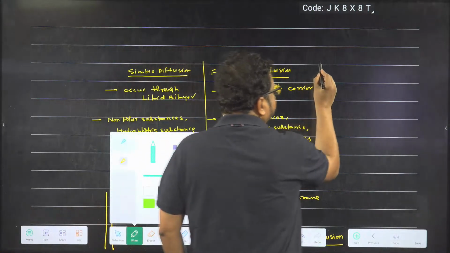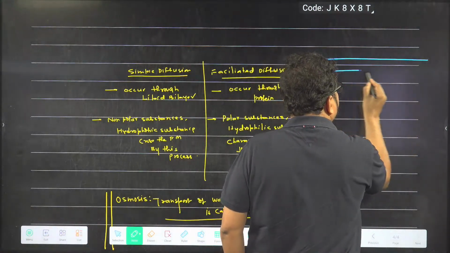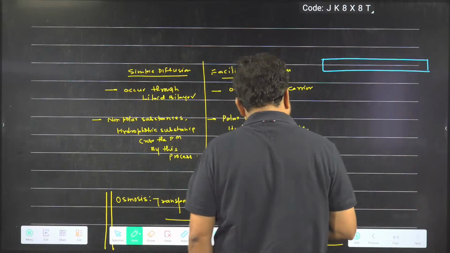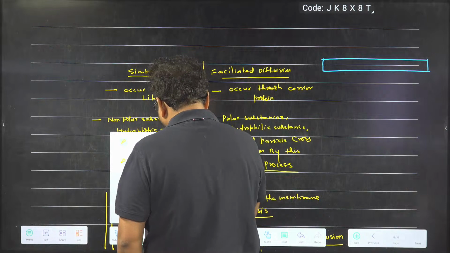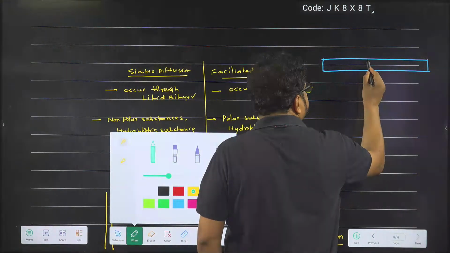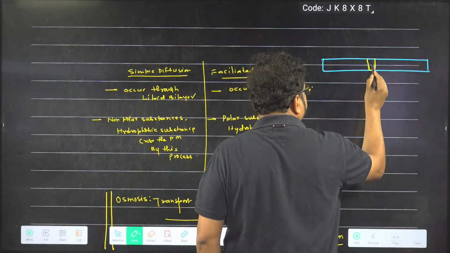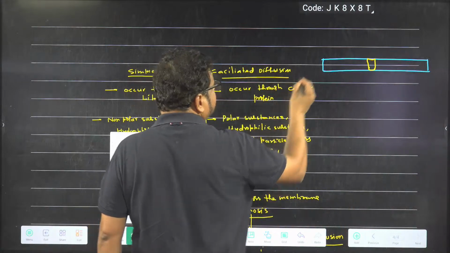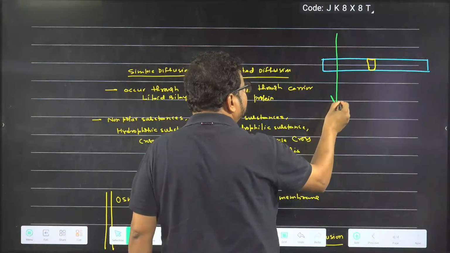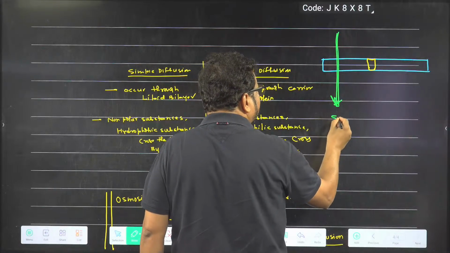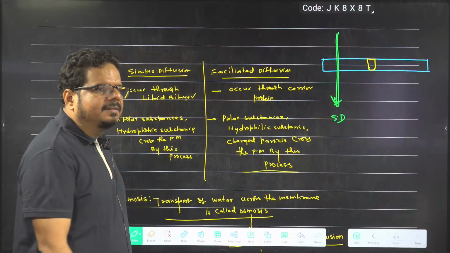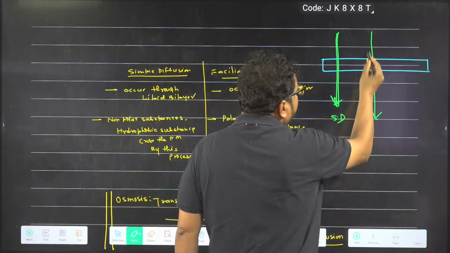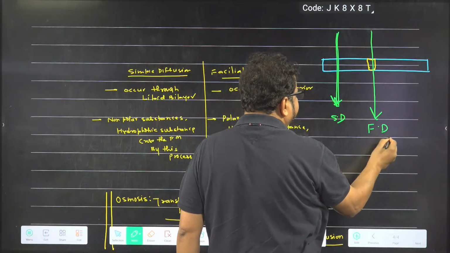So bhai, this is the plasma membrane. Think of these as the lipid bilayer. In this lipid bilayer, suppose this is an embedded carrier protein. So when anything is moving from high to low concentration through the lipid bilayer part, it is called simple diffusion. When anything is moving to the other side with the help of a protein, it is called facilitated diffusion. Is that clear or not clear?